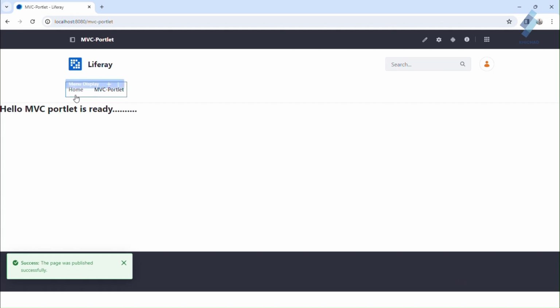Now you can see your portlet is ready to shine.